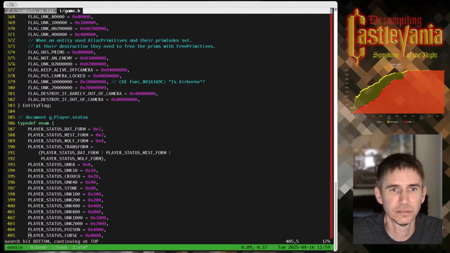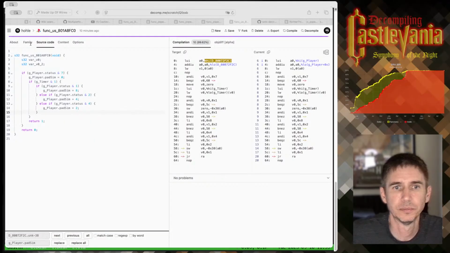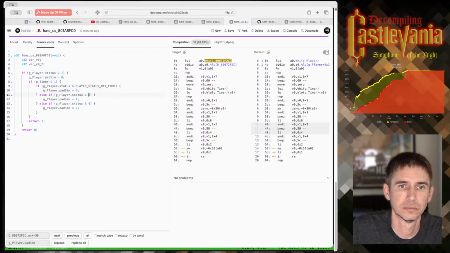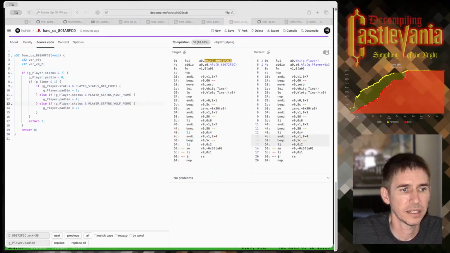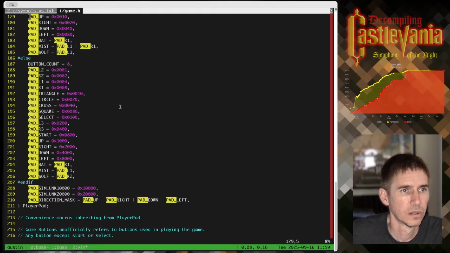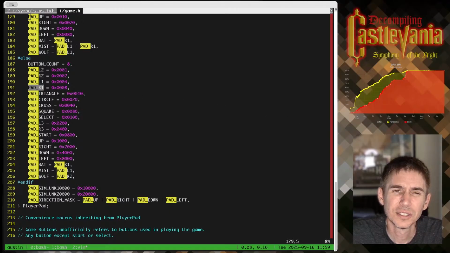So we have 1, 2, and 4. Bat, Mist, and Wolf. And then pad sim. Want to know what those are as well. So we have 2, 4, and 8. So this is interesting.